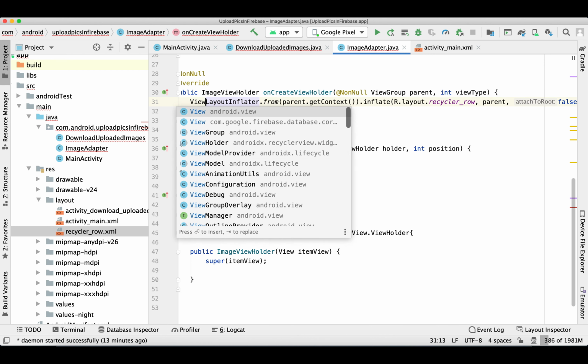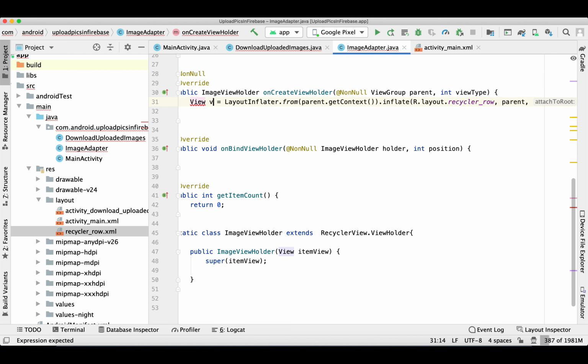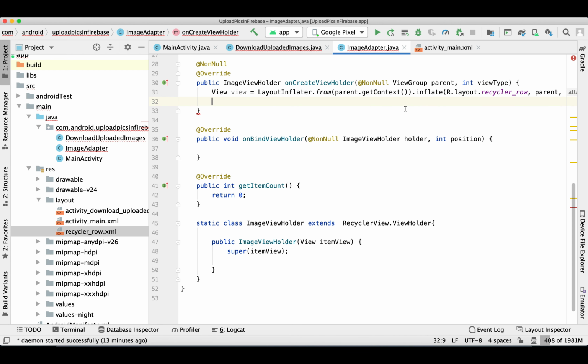And this is going to return us the view. And now we'll pass this view to our image view holder.